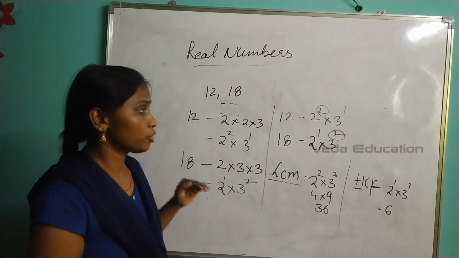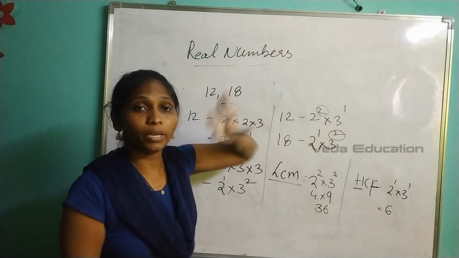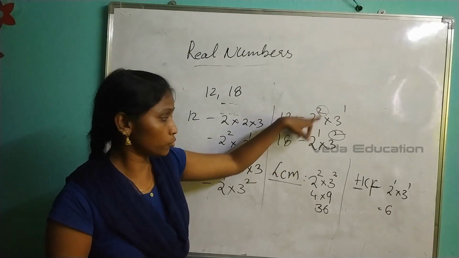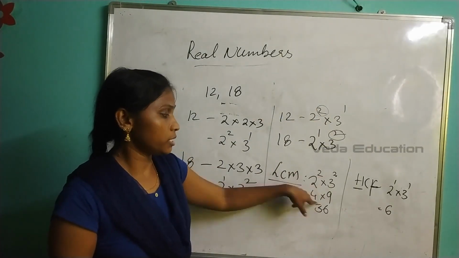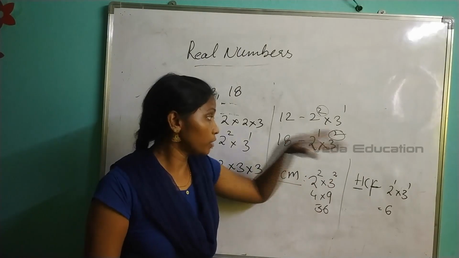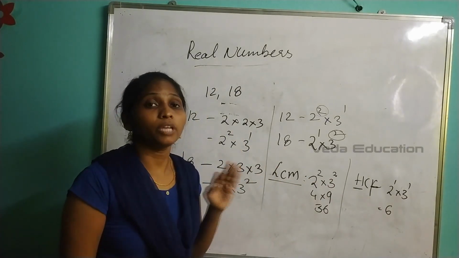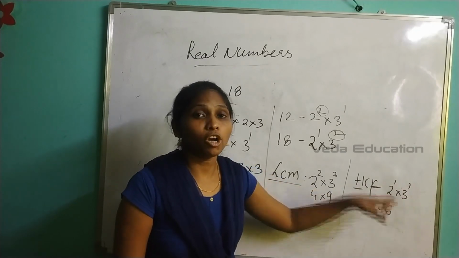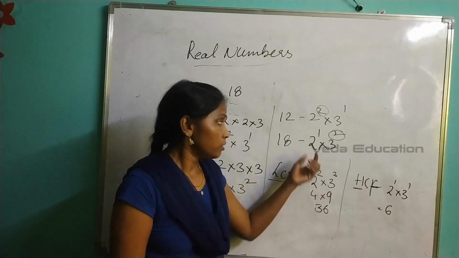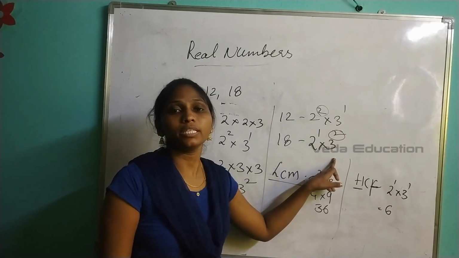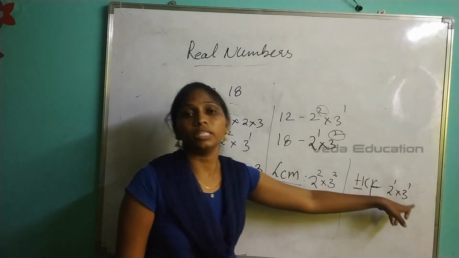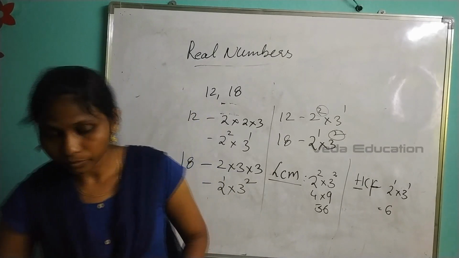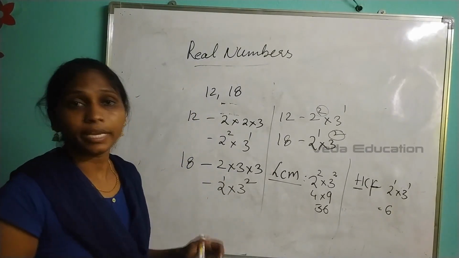And you may get some confusion here. For the highest, here 2 is common for both cases, and which is highest? 2 square and 3 square are highest, so these we considered. And for the HCF, it should be common. So the statement is: product of the smallest power of each common factor. 3 power 1 is common in this and 2 power 1 is common in this, so that is the least common factor; what is common is taken and the rest is not needed. This is a way to find out LCM and HCF.